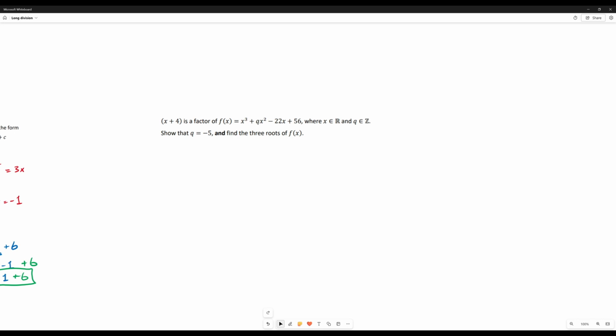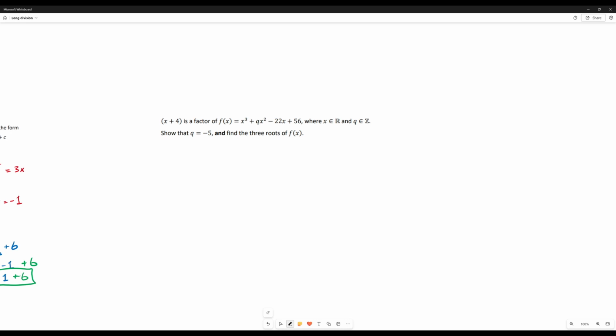If you can't figure out how to do it, then you can use it to try to do it, get some marks. I'm trying to say, don't use the q equals minus 5 unless you have to. If you can't prove that q equals minus 5 yourself, then use the fact that q is equal to minus 5 to prove that it's all okay, and then do the rest of the question. Hopefully I haven't mucked up the English there too much. I feel like I did. But the whole thing I'm trying to say is,